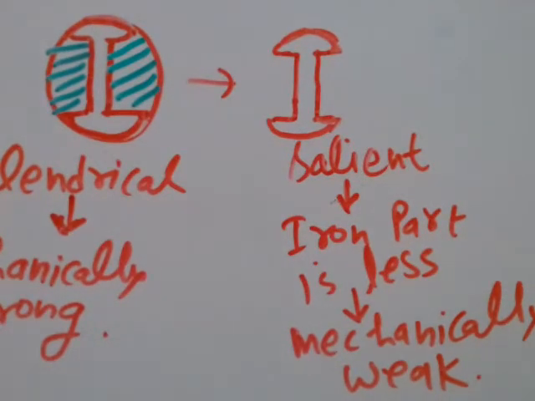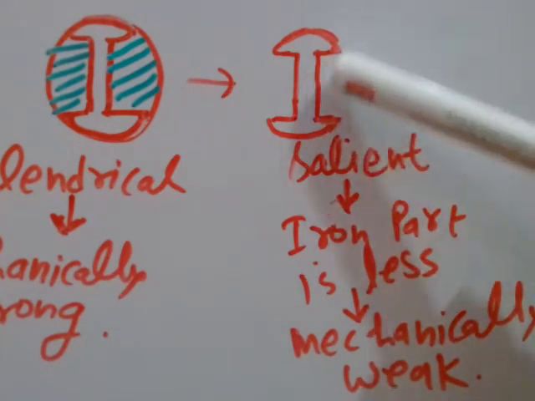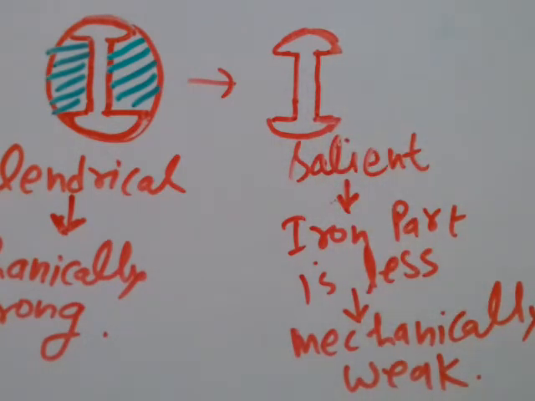If you use the salient pole for high speed application, then it will give many non-linearities in the system, right? For example, there will be many vibrations, many oscillations, noise, etc. Mechanical imbalance will be there. And also there is a possibility of mechanical rupturing of the rotor shaft. Metallurgy will not support a salient pole rotor at high speed, right?